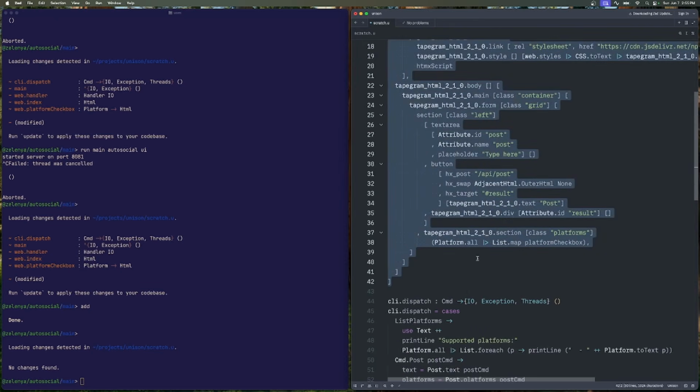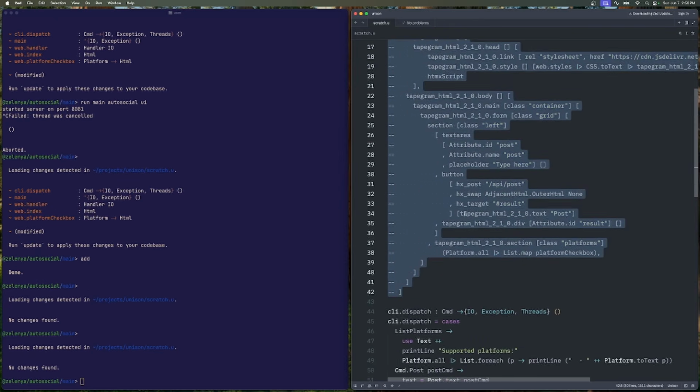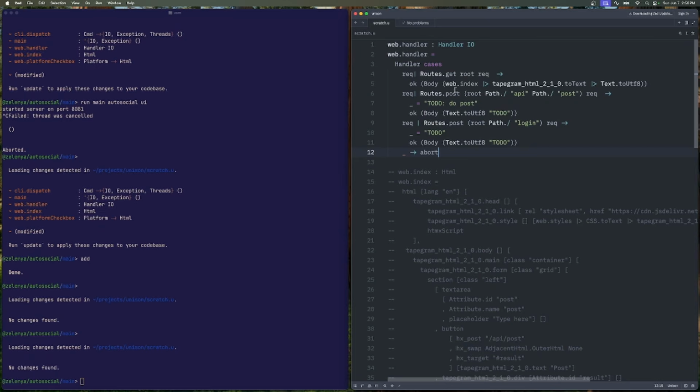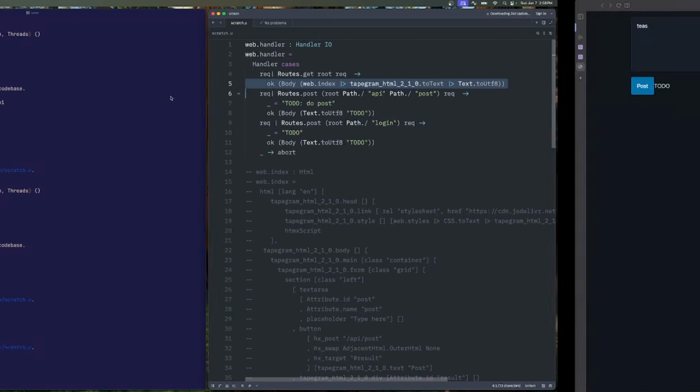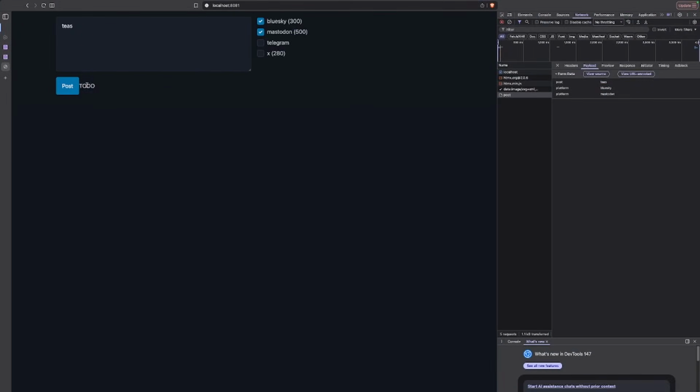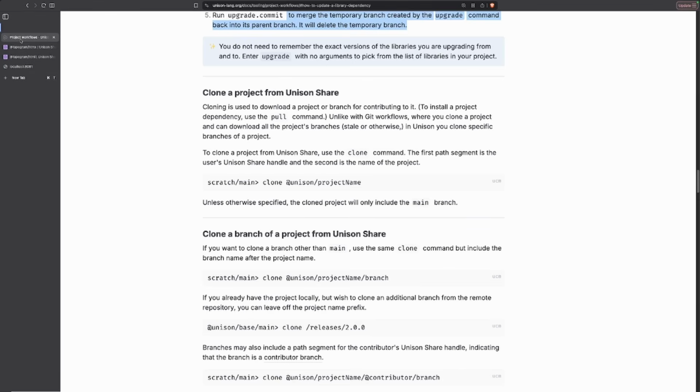Index. Let's hide index for now. I don't really care. I think I care about this. So I have no idea how it works. Oh, and this is ugly. I think we need to fix this. One step at a time. So I need